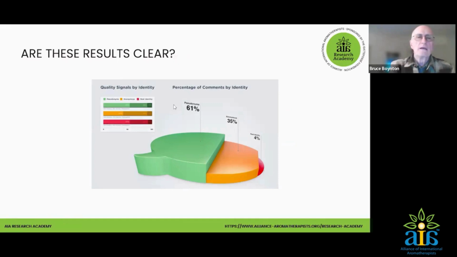In a way, this is a study in which people could make, say, political comments on the site, and what they're checking is whether the authors of these comments use pseudonyms, or they just said anonymous, or they said exactly